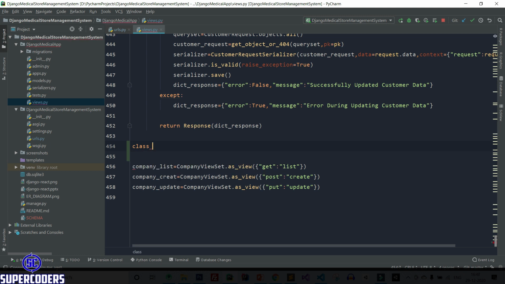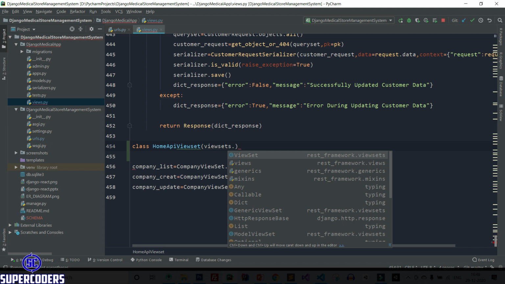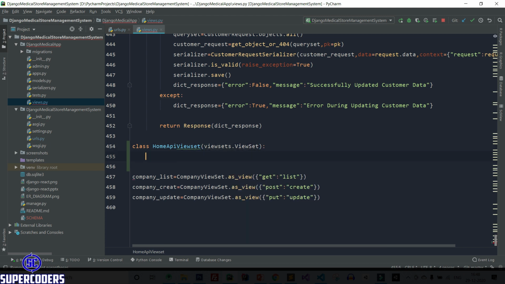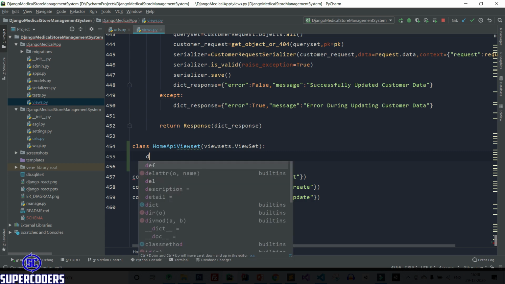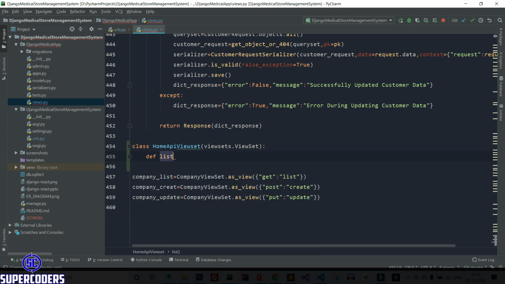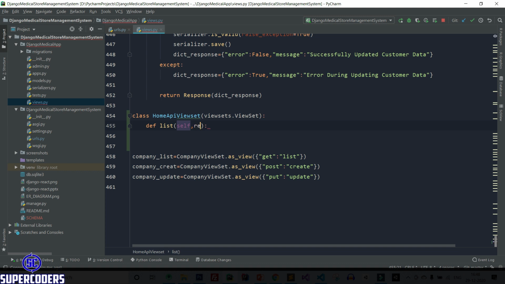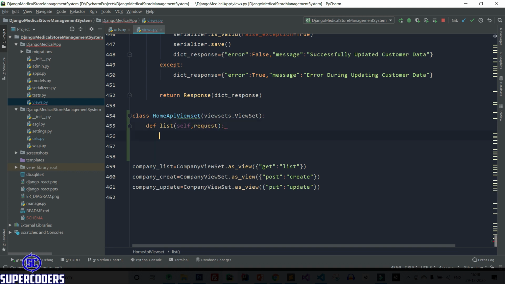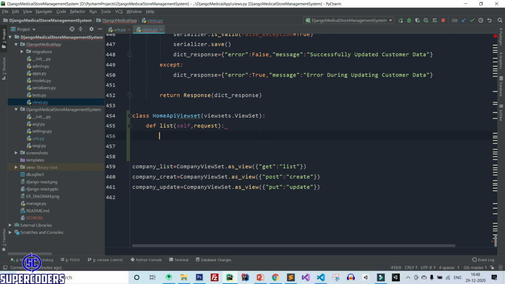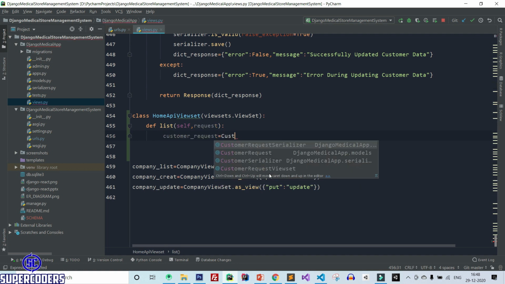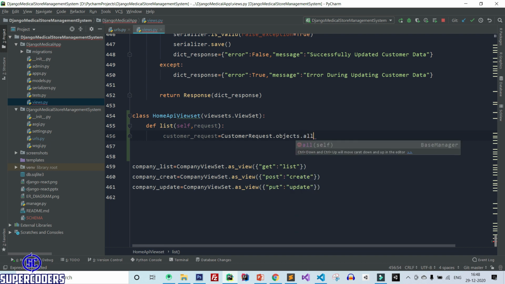Come to views.py and let's create this class. Simply class HomeViewSet, with the parent class viewsets.ViewSet. After that, let's add a method. So define list, then add request also. Now let's work on this method. First let's access the total customer request data. Simply customer request equal to CustomerRequest.objects.all().